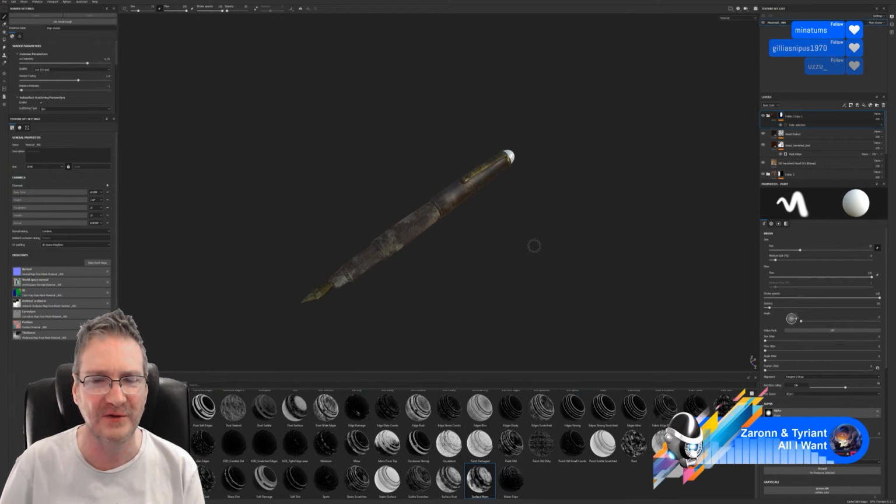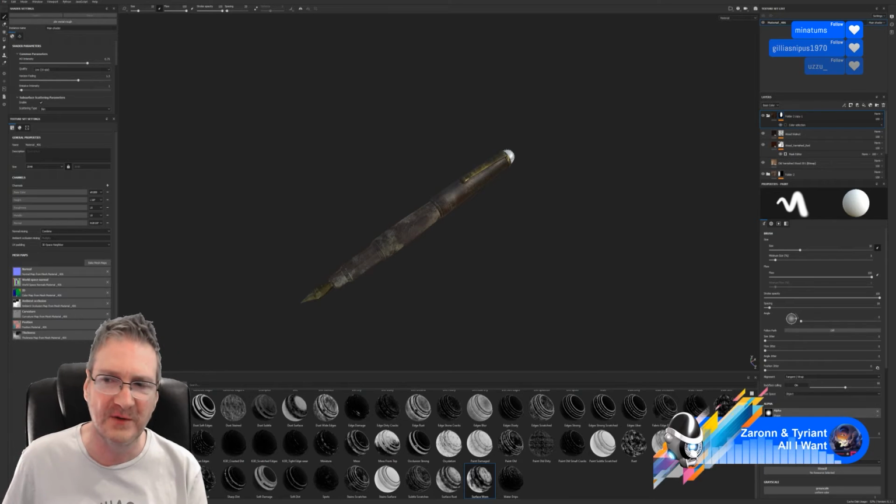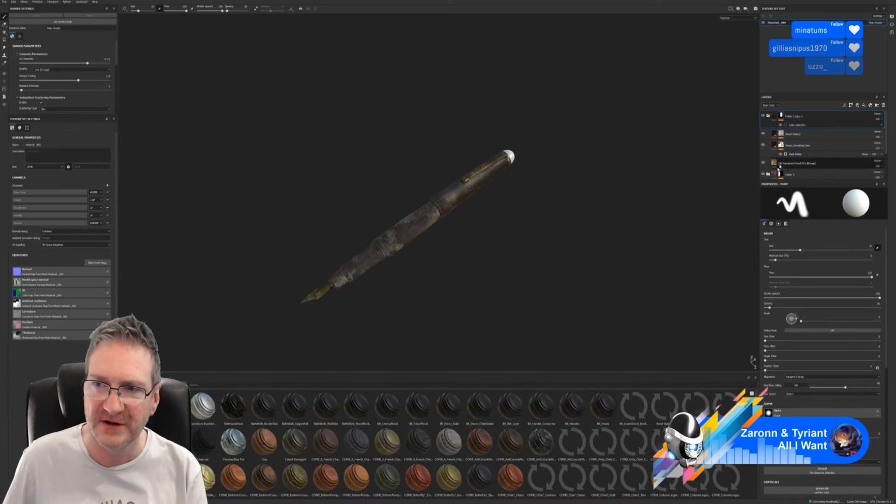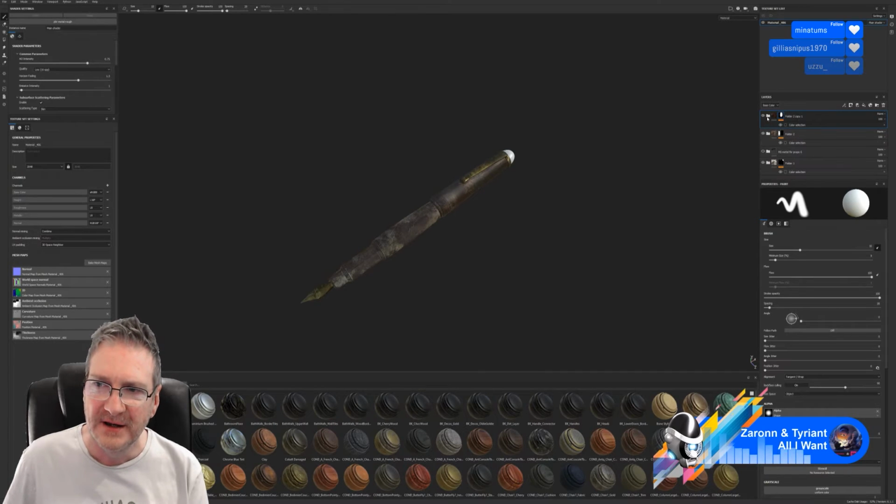Okay, we have our end piece here. I don't really want to leave that white though, so let's fix that up. Let's just throw a material on that end piece. Before we do that, let's do a quick save.